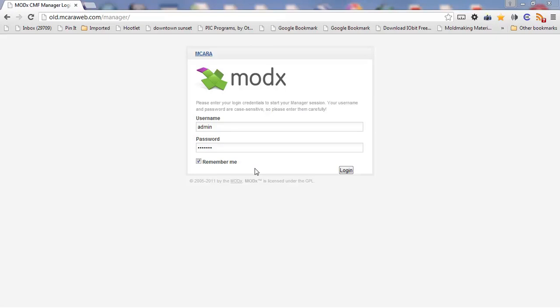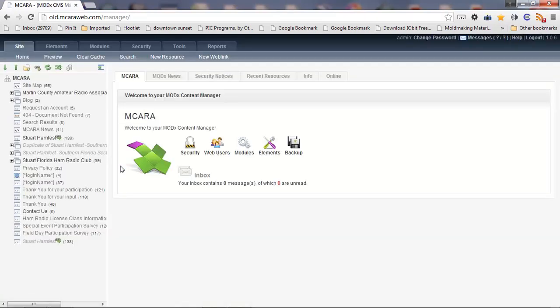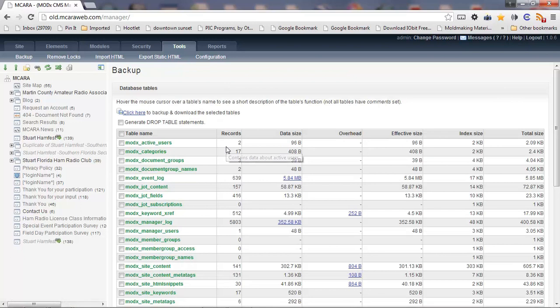Okay, in this video we're going to show you how to back up your Modx database. This is on Modx 1.X, and first you go to your manager, log in, and once you've logged in, if you go over to Tools, you'll see a tab called Backup, and you can click on the Backup tab,